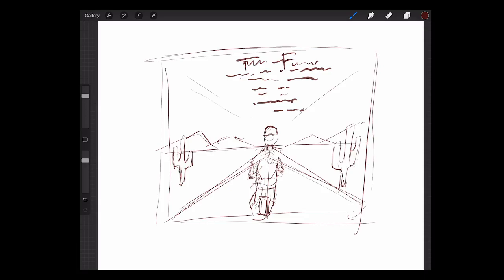If I wanted to get the pose of somebody on this bicycle, you can look online for some reference, or if you have a bicycle, have your friend or relative take a picture of you from behind to use as reference if you decide to choose this kind of idea, bicycle or motorcycle. And we could keep it like this. There you go, so there's another idea. I would spend more time on this to flesh it out, but I'm going to stop right there.